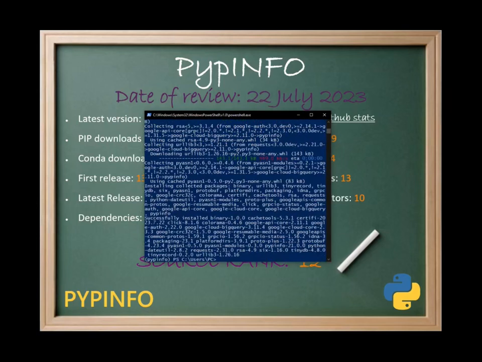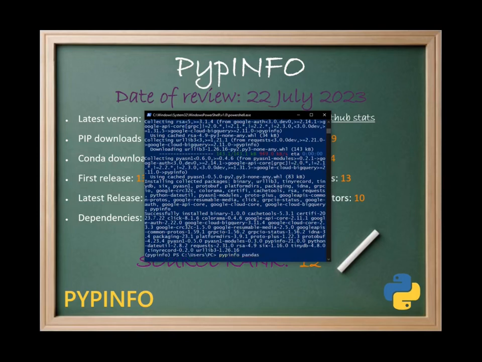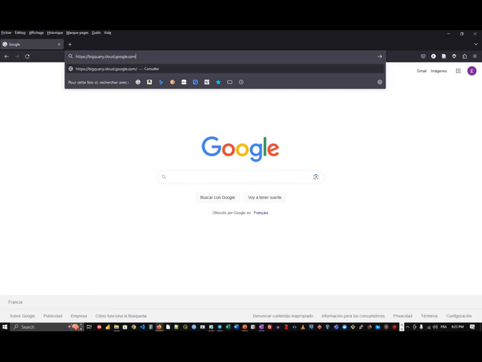So, as an example, if we want to have information about a certain package, let's say pandas, we would do the following: PYPINFO pandas. But this is going to give us an error because the key is actually not set currently. So the first step is to create the BigQuery account. To do this, go to